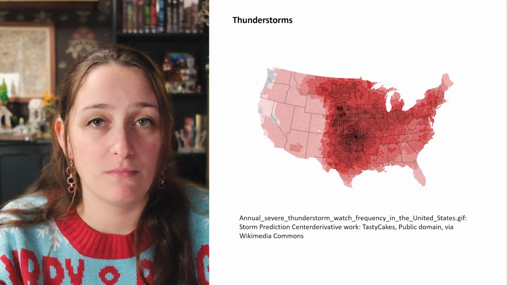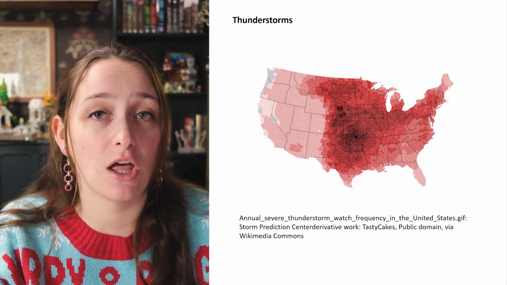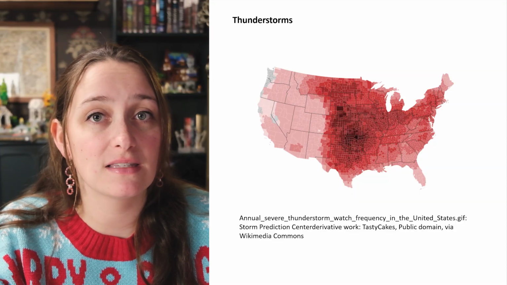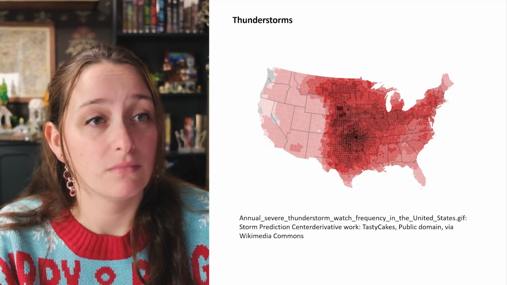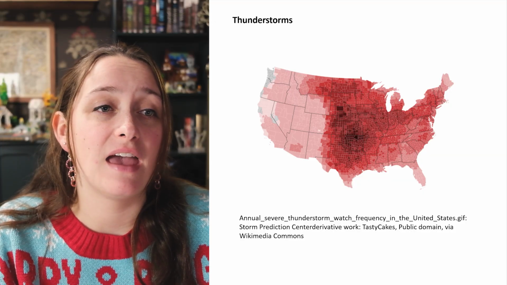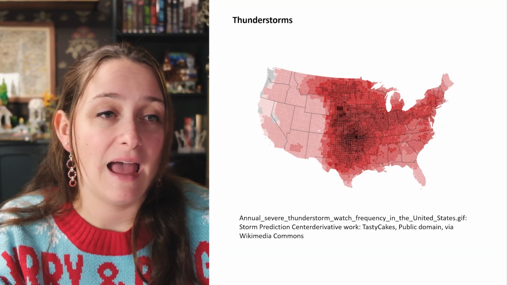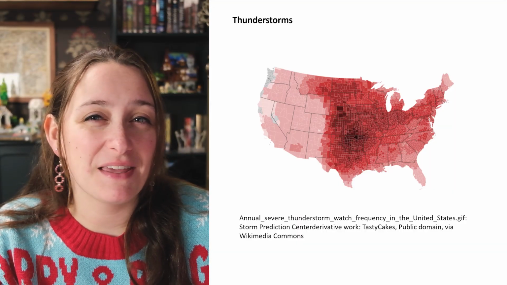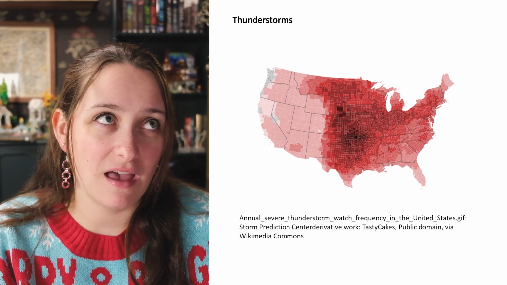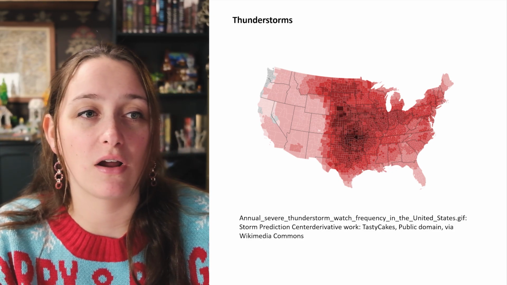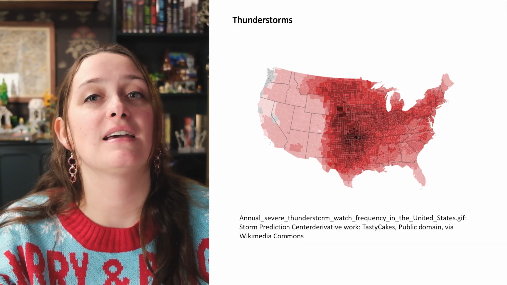Multi-cell thunderstorms mostly form along warm or cold fronts, and these can last a lot longer and cover pretty huge areas. Supercell thunderstorms are very large and last for hours, and they are rare but can produce large hail and even tornadoes. Now, what is the big thing that fuels all of these? Convection. This is a main likelihood factor wherever you have large land masses that can heat up during the day, which will create convection.